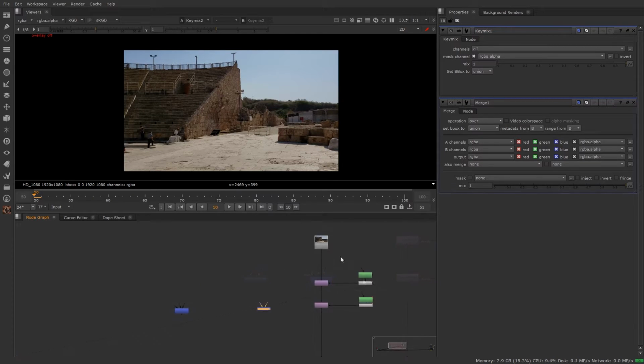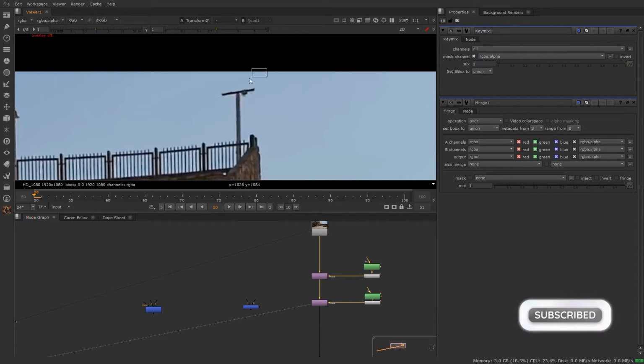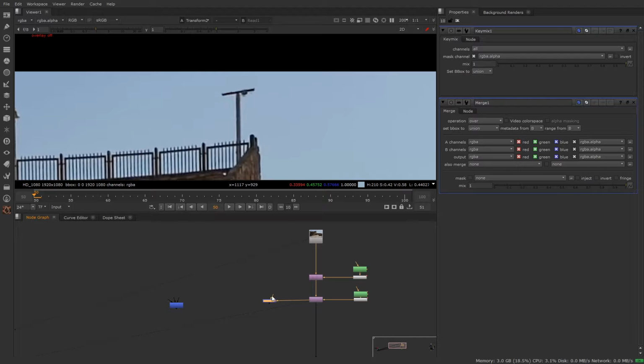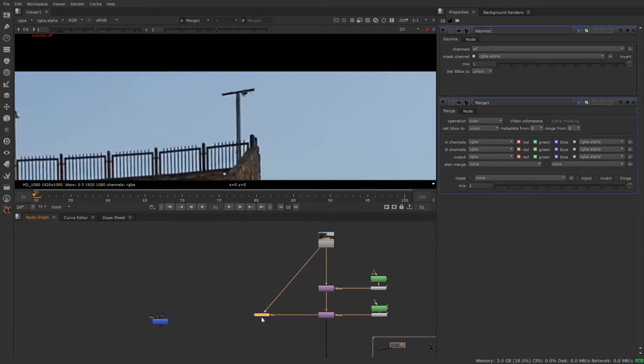So let's see. Here's my little comp from one of my tutorials. If I see over here, this is the input plate, and if I see the output, here you can see I have removed this light. Now as you know, merge node simply puts A over B. So if I connect A input to the transform and B input to our input plate, and if I see through this merge, I will simply see the things that are coming from the A input. We don't have to connect mask anywhere. Whatever we want to see over our input plate, we just merge it like this. So this is how the merge works.